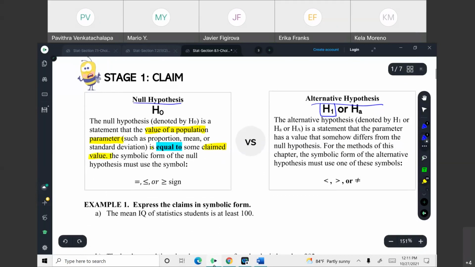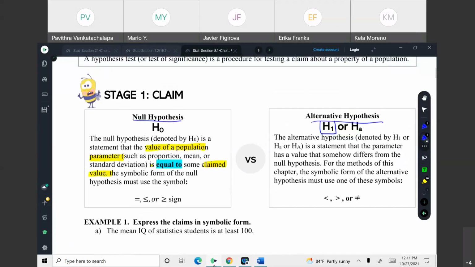For example, I will guess that a population mean is 5. And even after experimenting it, if you get population mean as 4.9, then I say